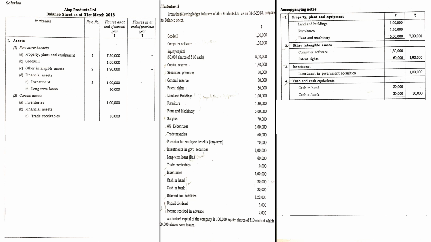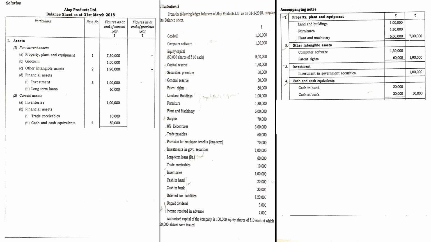So next, for cash, in the question there are 2 items, cash in hand and cash at bank. So let us add together all these items, and we can write cash and cash equivalents. So next item, cash and cash equivalents, 50,000. It is shown as the 4th note in the accompanying notes category, so we will give number 4. So I believe we have recorded all the items that are specified in the question that come under the asset category. Let us go to the next one,